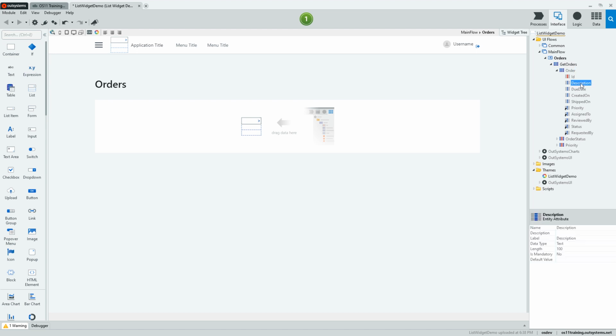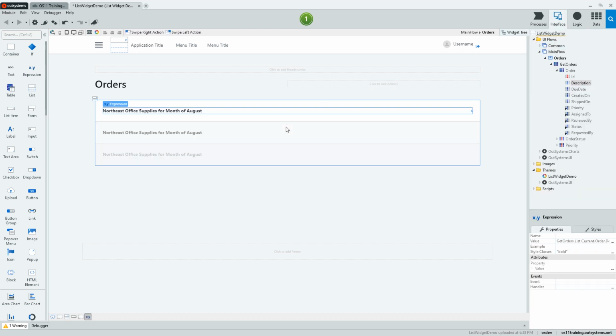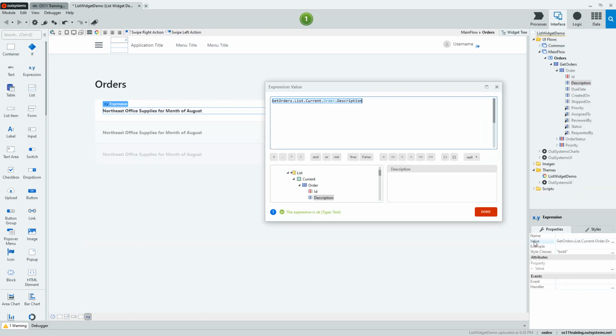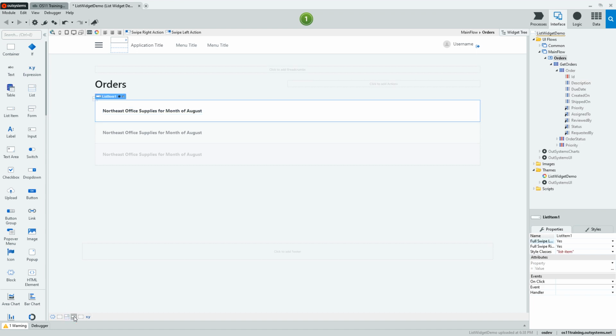By dragging the description and dropping it on the list, some widgets are created automatically. We have an expression, with its value referencing directly the description attribute from the aggregate's result. We also have a list item enclosing the expression. This widget is automatically added for layout purposes and can be used to represent the data of a single record